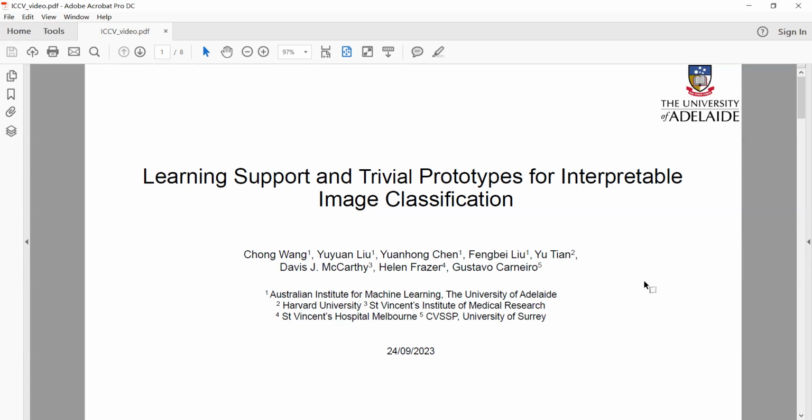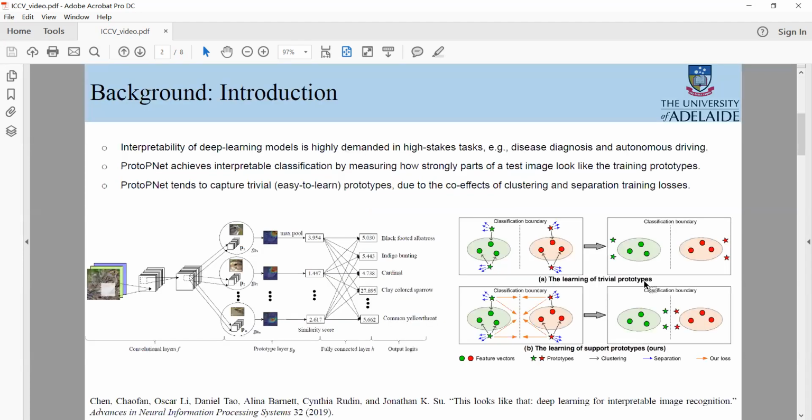Now I would like to introduce our recent work on interpretable image classification by using support and trivial prototypes. Model interpretability is very important, particularly for some high-stakes tasks. And ProtoPNet is a good interpretable model because it can associate its classification predictions with a set of class-specific training